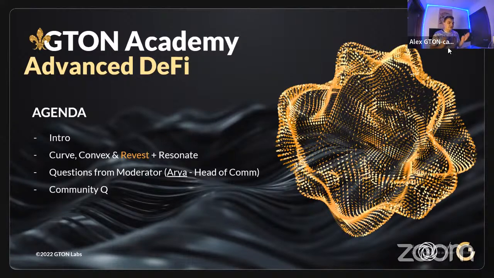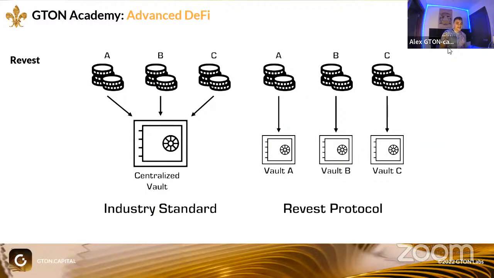Let's talk right now about utility and about Revest and Resonate. First of all, we'll start with Revest. Next slide, please. The idea is pretty simple, right? We have Convex-like vaults or Yearn-like vaults, where we have one vault for all depositors, and you can do something with that. But why not work with it in a fractional manner? Why can't we create different vaults for one asset and manage them differently? Those assets will be in the form of NFTs, and this is how Revest Finance is innovating here.